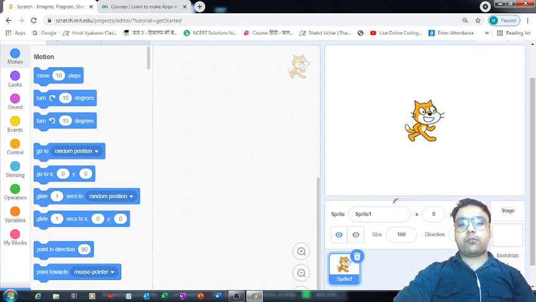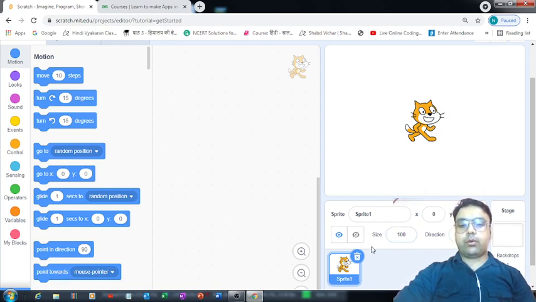So this is the sprite which you will see by default on this playground when you access this platform, and its properties are at present getting reflected over here. It is named sprite1 and its position is 0, 0, and this is showing the direction in which it is pointing right now, and then this is the size of this sprite.